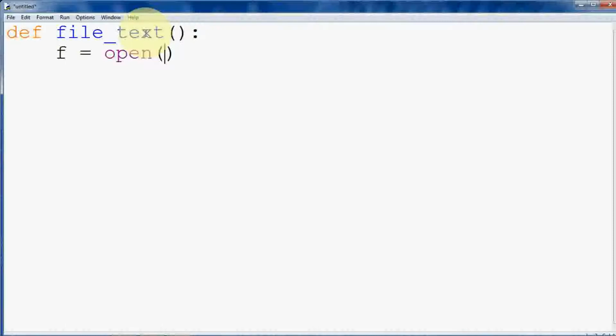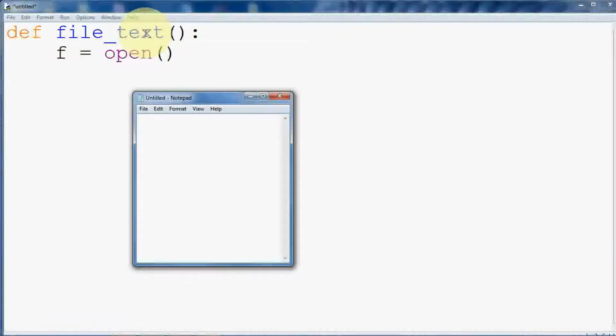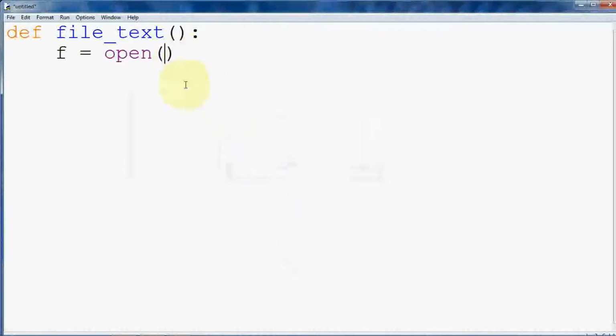Basically, as I explained in the previous video, when we are working with any file, first we open that file. Whatever task we perform, that is creating, writing or reading. Initially the file was blank, now I have written something. The same process we are going to perform with files. First of all I will create a file, so write down the name of the file first. Here my text file.